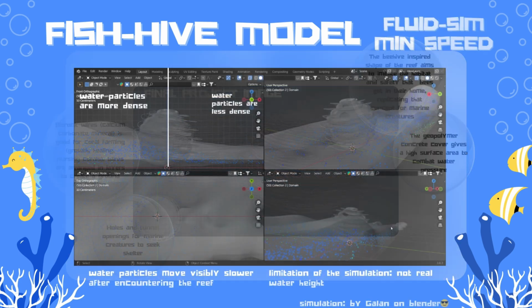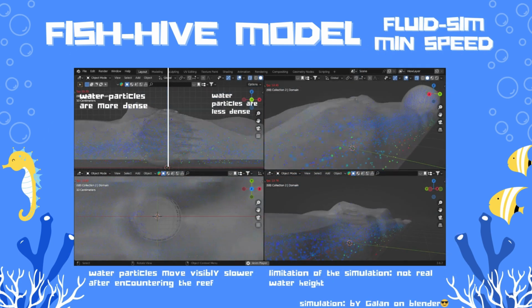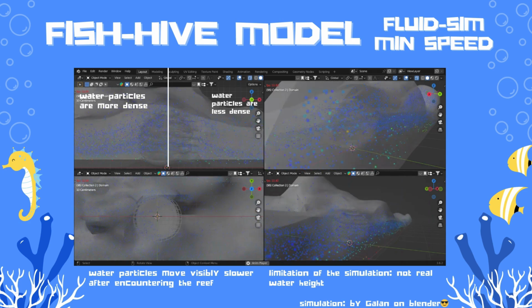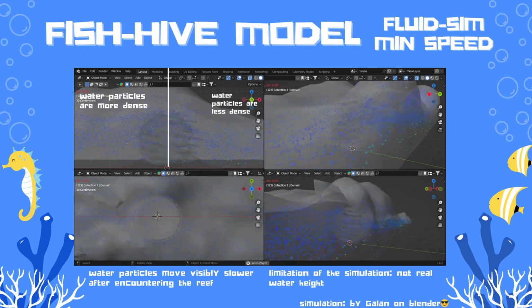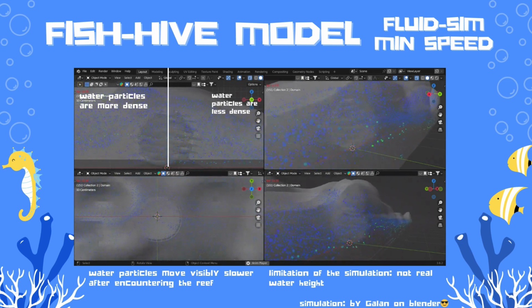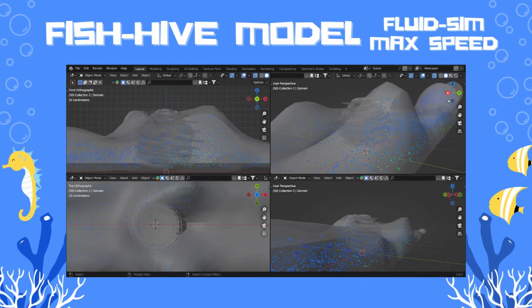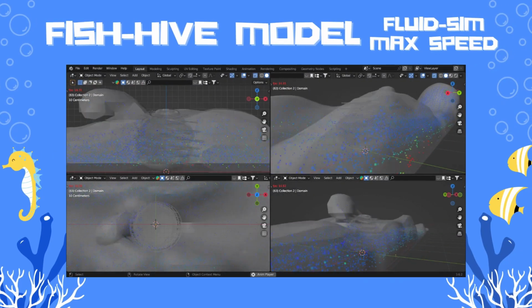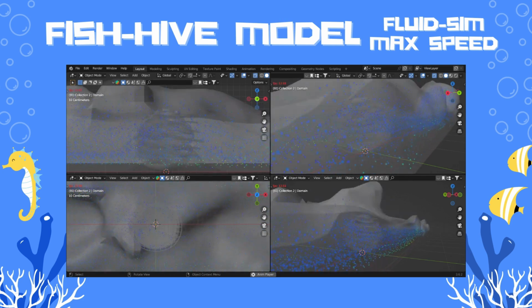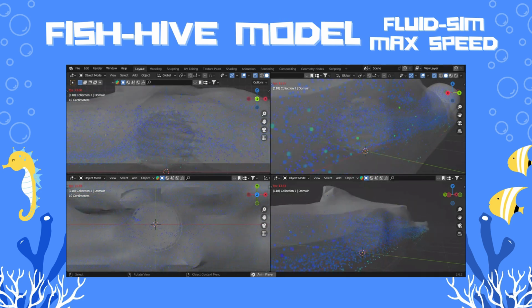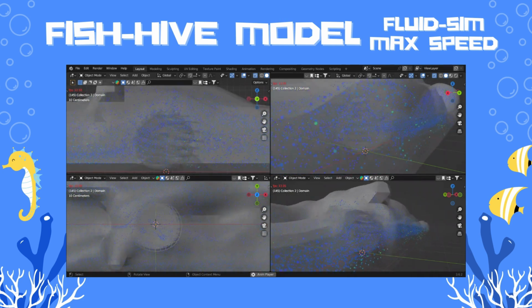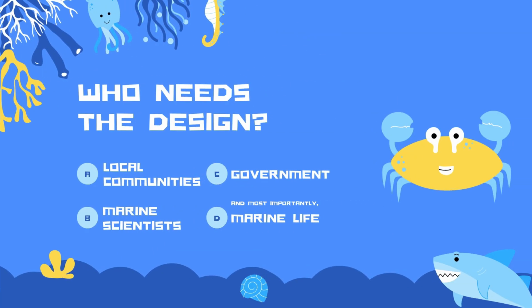We tested our design in a fluid simulation and noticed how the water particles slow down after encountering the reef. However, we noticed that there is a deflection in the water wave because the height of the water that we used in the simulation is too shallow, only 1.2 meters. Meanwhile, we're going to implement our design on the seabed, which is around 30 meters deep in the ocean. Our design was created so that it can be used by local communities, marine scientists, government, and most importantly, marine